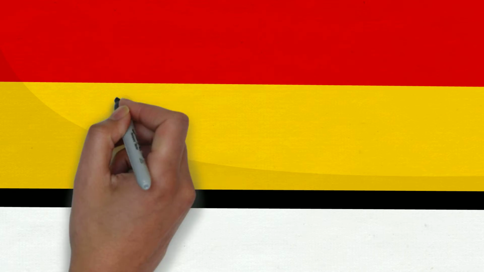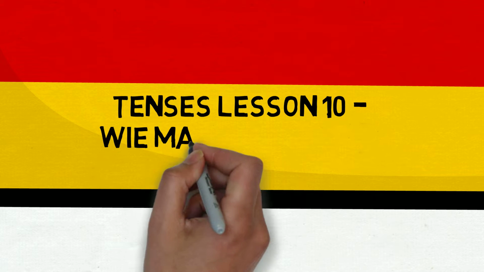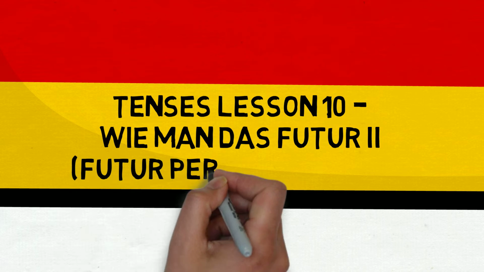Diese 10. Stunde über die Zeitformen, the 10th Tenses Lesson, ist, wie man das Futur 2 benutzt, how to use